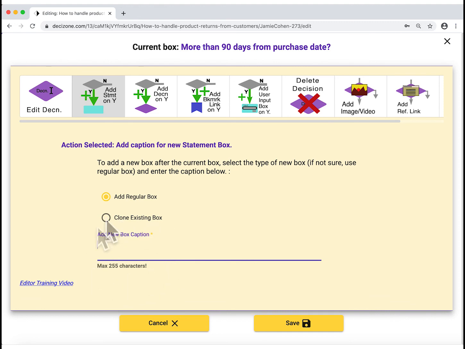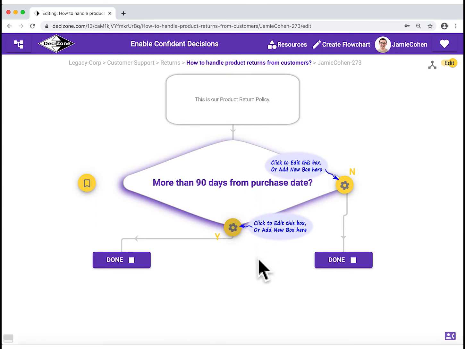Did you notice that all you have to do is to provide the text caption of each box, and the editor will do all the formatting and connecting the arrows for you using the standard layout design. This standard layout allows you to focus completely on the business logic of your flowchart and not worry too much about the formatting, saving you a lot of time and headache.